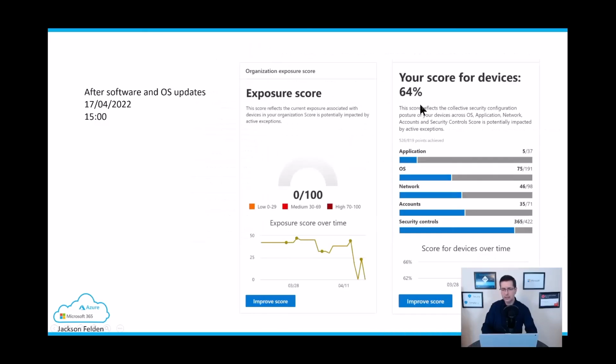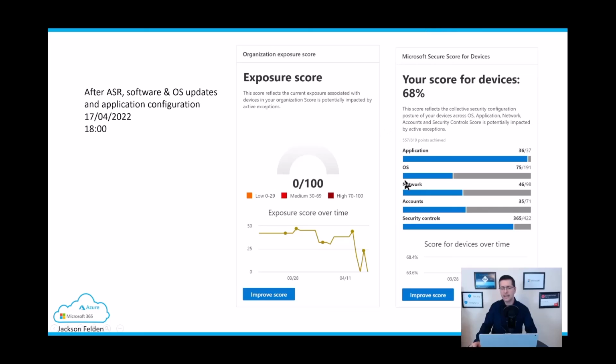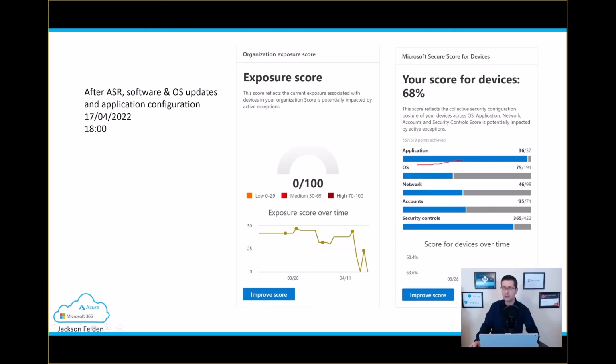And then from here, I managed to jump again from 64, okay, to 68. And then if I look in here at the application again, you know, almost the perfect score. Looking here, application is looking really good. The security is looking really good. By the time I fix that problem with the Squid installation, I should get a better score on the OS, and then I should pretty much just keep the work, find the relevant configuration to be applied on the network, the relevant configuration to be applied over the accounts, and then again I could keep driving this score,